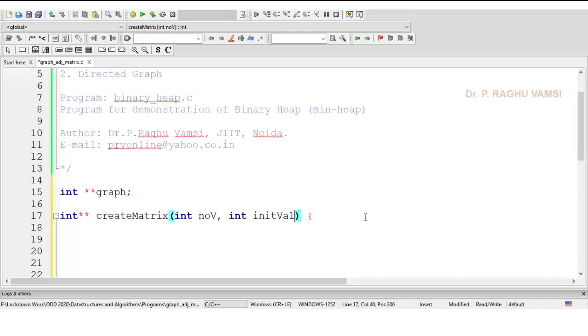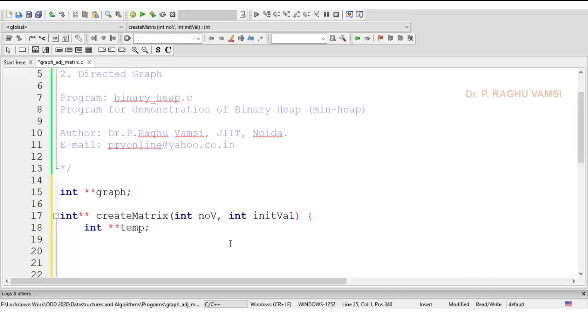In general, the initial value will be 0, but in path finding algorithms, especially shortest path algorithms, we initialize the values in the matrix with infinity distance. So, to suit all kinds of variants, I am passing an initial value variable to this create matrix function.